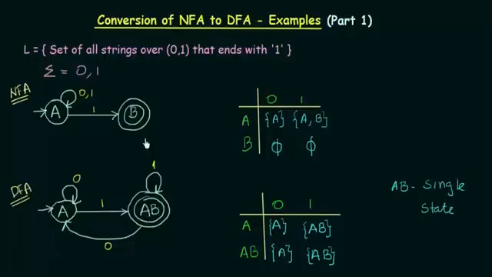So this is how you convert the NFA to its equivalent DFA. And the method that we have used here in this example and also in the previous example for converting NFA to DFA is known as the subset construction method. So this is the method that we followed in these two examples for converting this NFA to the equivalent DFA. So I hope this example was clear to you. Thank you for watching and see you in the next one, where we will be